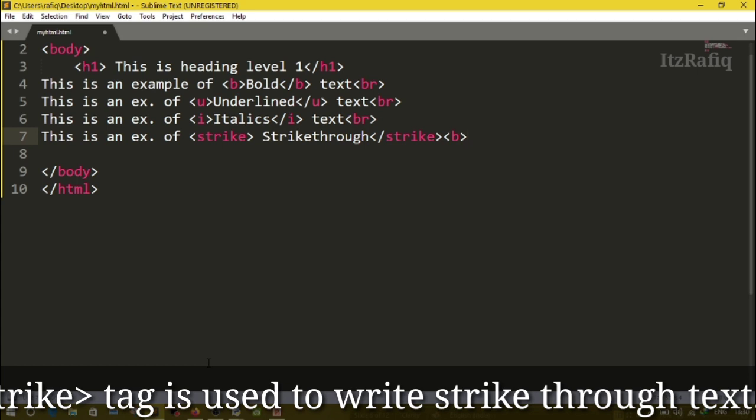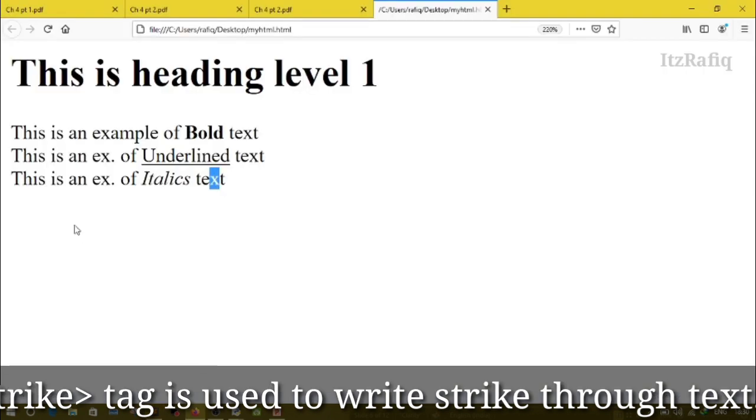So let's see the output. Open the browser, reload. Here you will see the strike through words have a line in the middle of the text, because I have written the strike tag around the text.